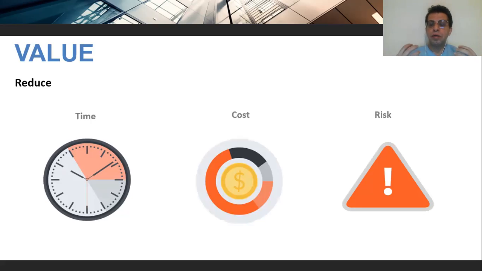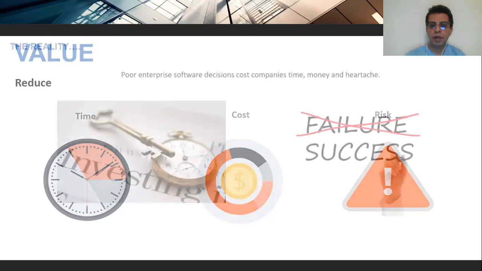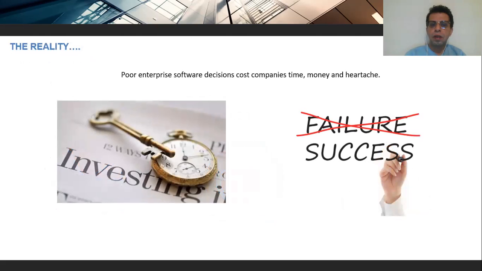Are my people ready to use a new or upgraded app, a new application replacing the old one? These are all things that you need to take into account, and you need to reduce the time, the cost, and the risk involved. So when you're making a poor decision, basically you're throwing your money in the water. You're talking about buying an application, or replacing your application, or not replacing your application for the next 5 to 10 years. And that costs you money, time, and if it's a bad decision, it will cost you a headache.